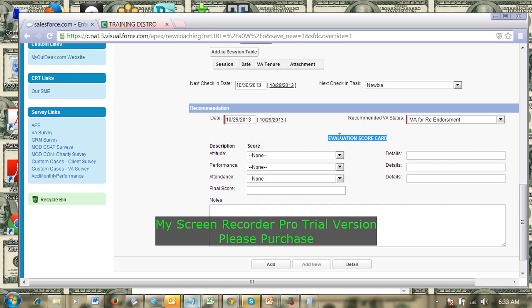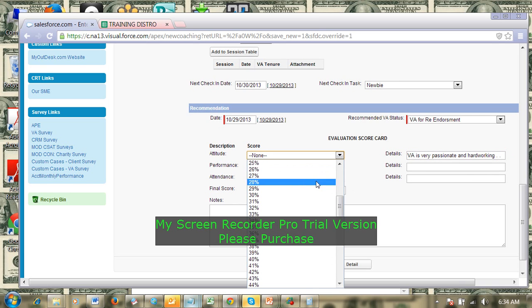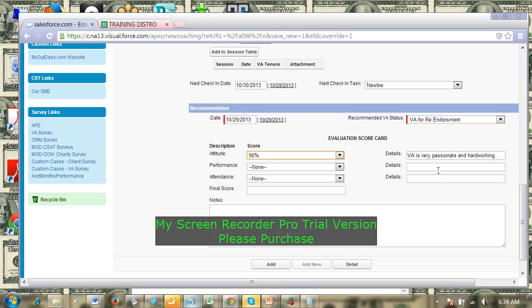Let's go down to evaluation scorecard. Let's say for the attitude details, let's say VA is very passionate and hardworking, etc. And the score is 90%, let's say.